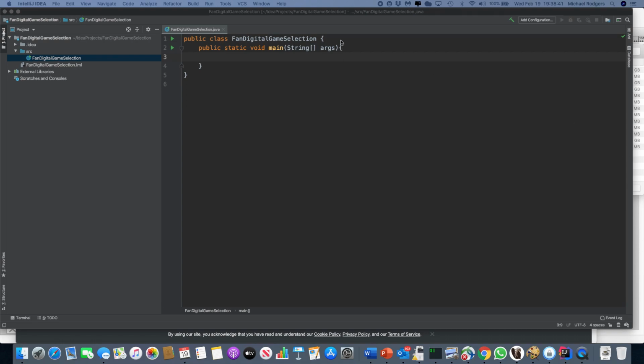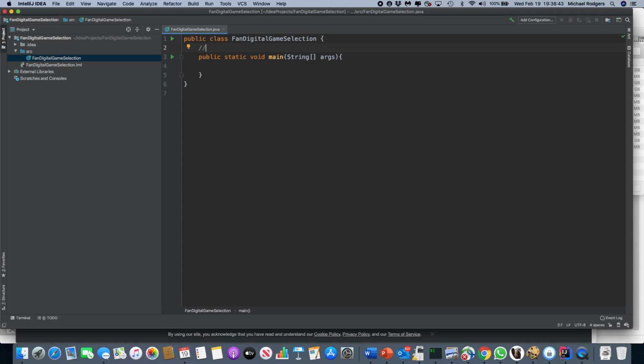So I'm going to paste something in here just so we have it for reference. Here's one of the sample games. So I'm going to create a class, and I'm going to call it game. Let's just call it game right now, and we do that. All right, so now we have a class called game inside of our Fantasy Digital Selection,